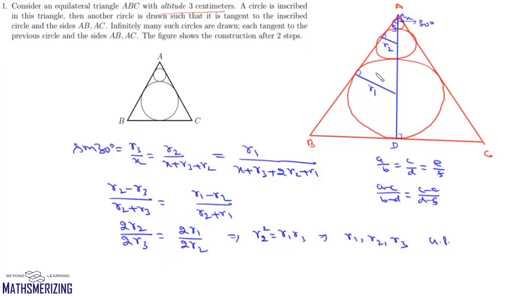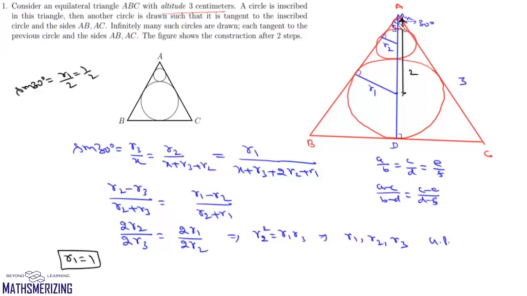So what we need to do in this question is find this R1 and this common ratio, which is say r. So we know that the length of this altitude is 3 units. And this point, the incenter, is the same as the centroid, which divides it in the ratio 2:1. So that means this length is 2 units. Now sine 30 is R1 upon 2 and sine 30 is 1 by 2. So from here we'll say the value of R1 is simply 1.